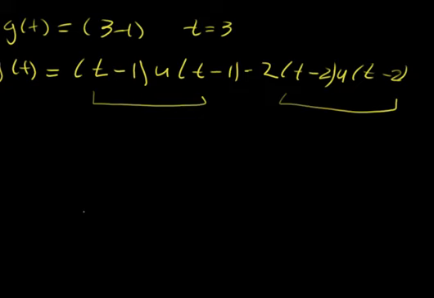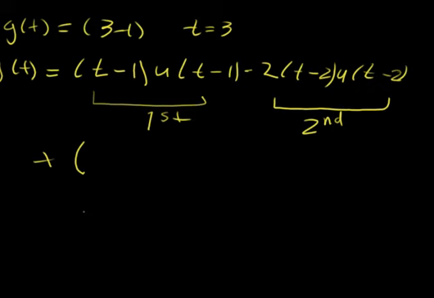So the third one will be plus, sorry for that mess. So this is the first, second, and now we're gonna do the third. So plus, we have 3 minus 1 is our z, minus 3 minus t. That's awful. I didn't realize it was that awful. Okay, 3 minus t. So what we have, the lower bound, which is